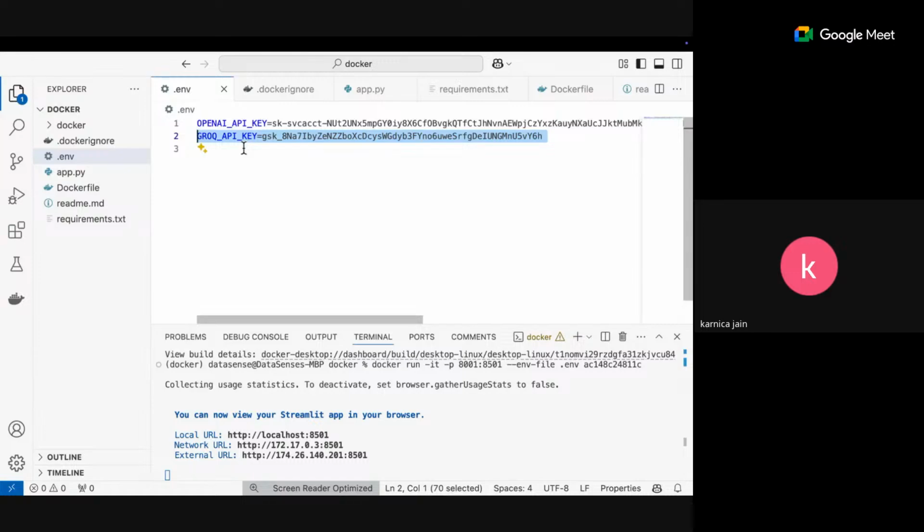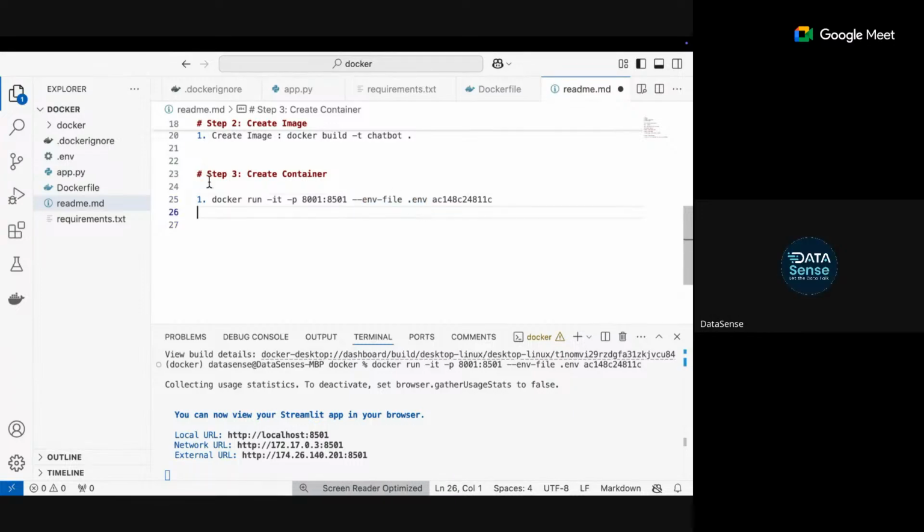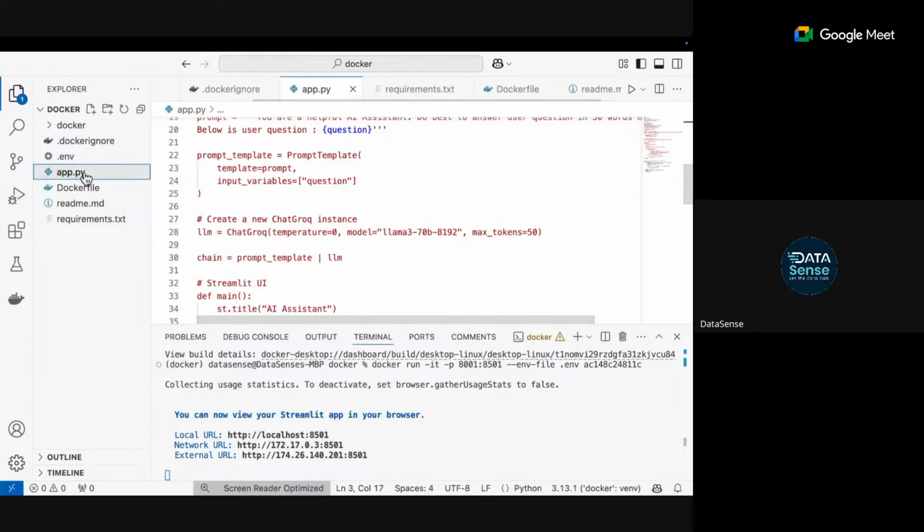One more thing, about the last command with which we created the container. Here we are doing two things: we are mapping the ports, and then we are passing the env file as well. So this command is doing two things. Remember, when you run any GenAI application, you need to pass a .env file, right?